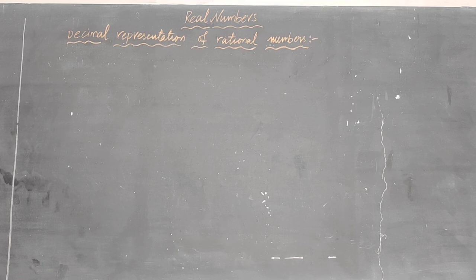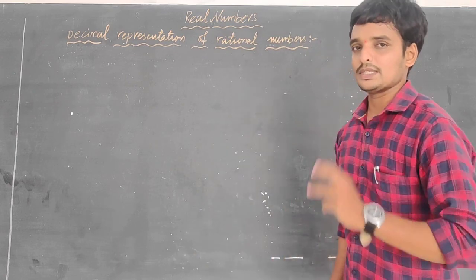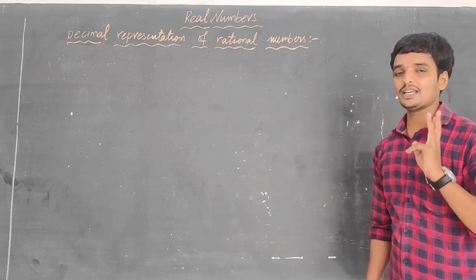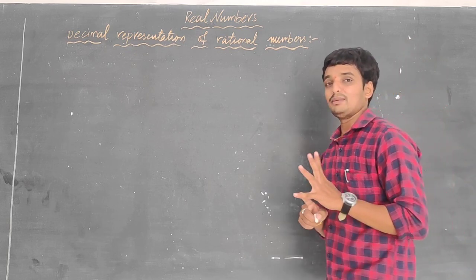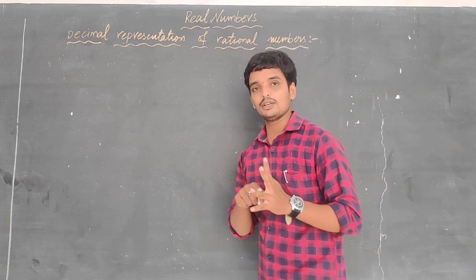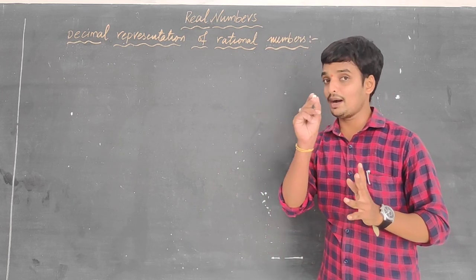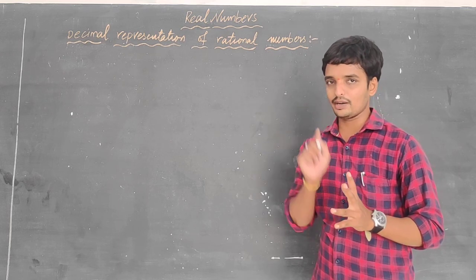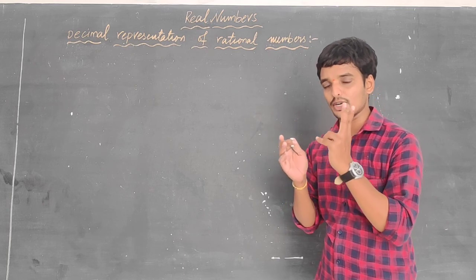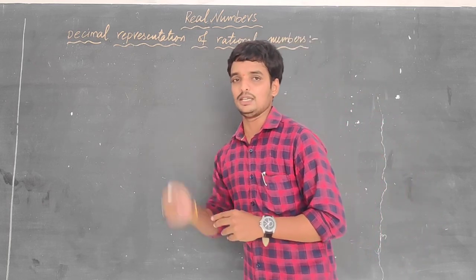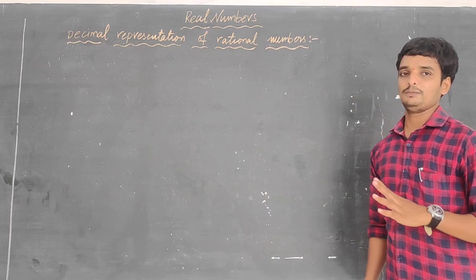The decimal representation of rational numbers means actually decimal numbers are three types. Decimal numbers are three types of decimal numbers we have. In the first one, terminating decimals. And the second one, non-terminating recurring decimals. These are having a bar, 3.12 bar, 0.125 bar, and we have learned in this topic two important words. Those are period and periodicity. And the third one is non-terminating, non-recurring decimals.